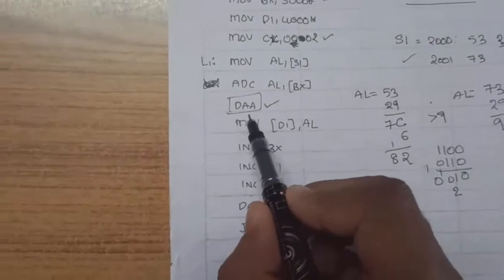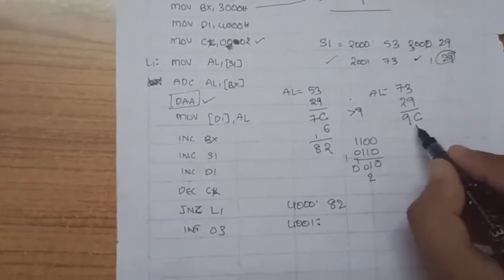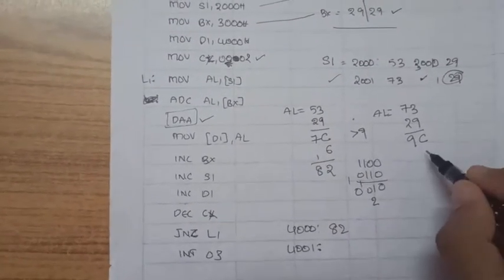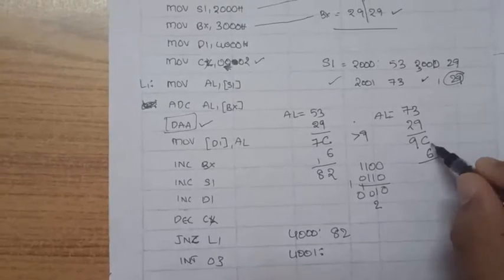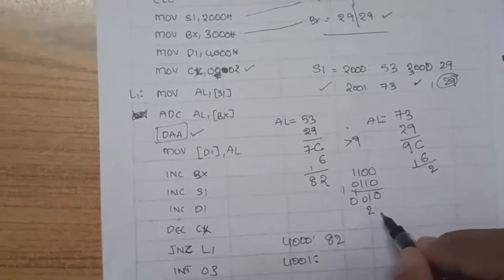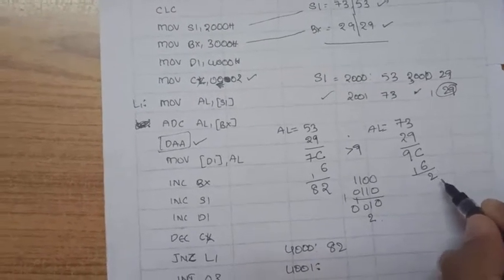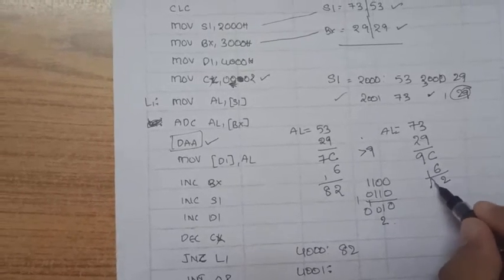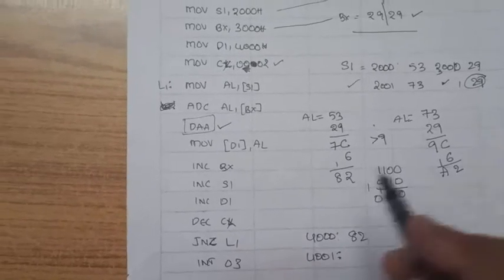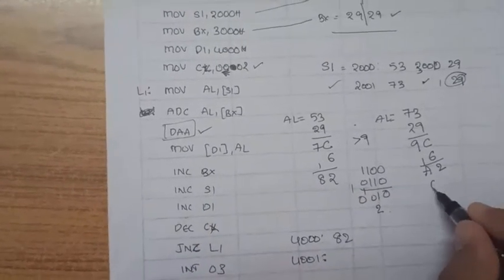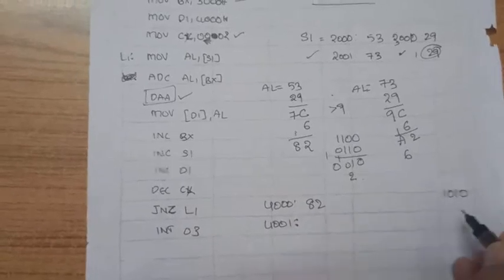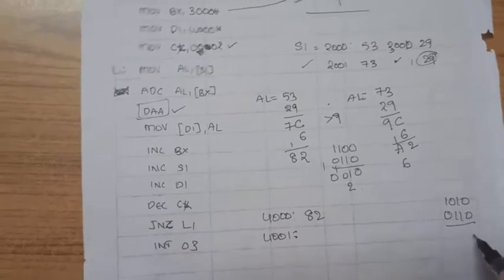So after this what happens? DAA, we are writing DAA, which adjusts this decimal value, adjusts the output into the BCD range. Now how does it adjust? Again it adds 6 to this lower nibble. What happens if we add 6? It gives us 1 2, as you see here. Now this digit comes under the BCD range. Now what happens here? 9 plus 1 is A. Now this higher nibble has crossed the BCD range. Again what this DAA does is, it adds a 6 to this data. Now 1010 is A, and 0110 is a 6.